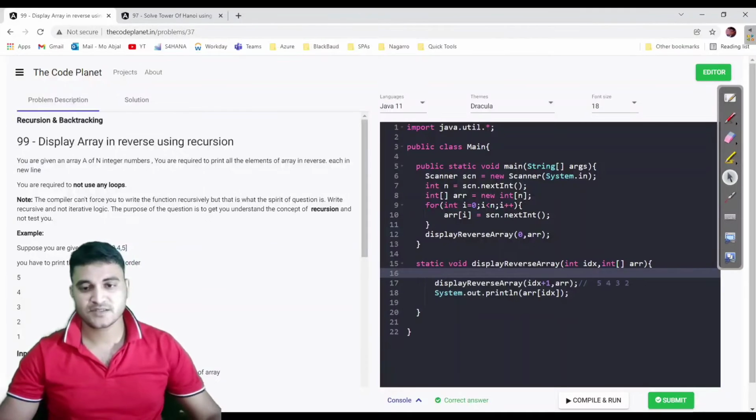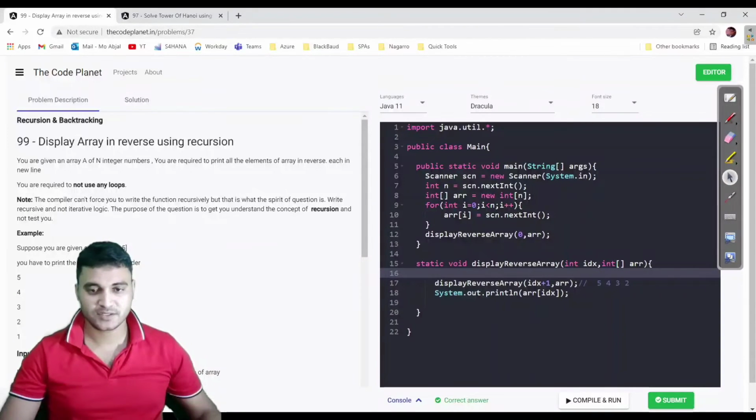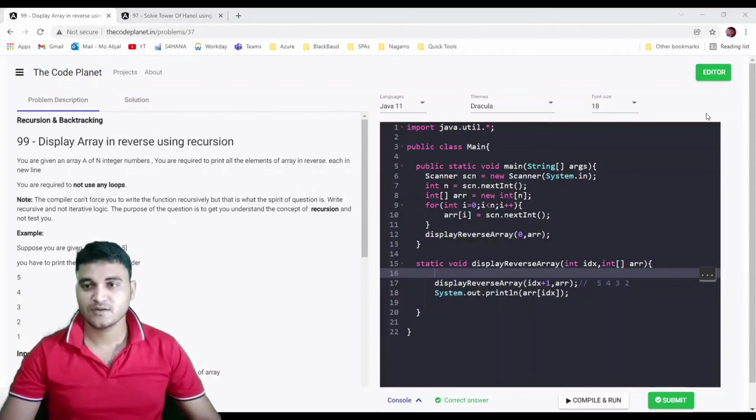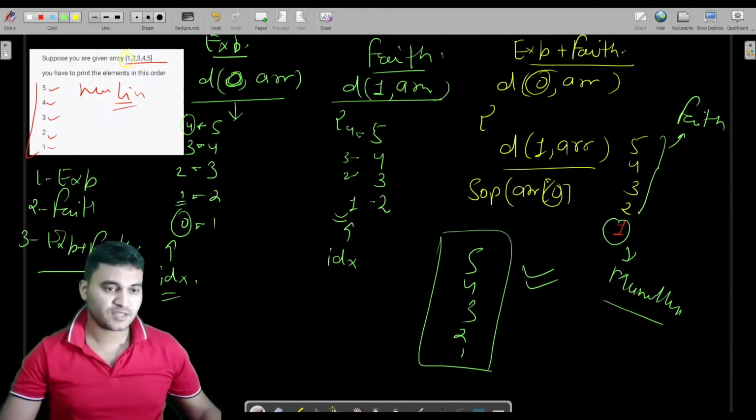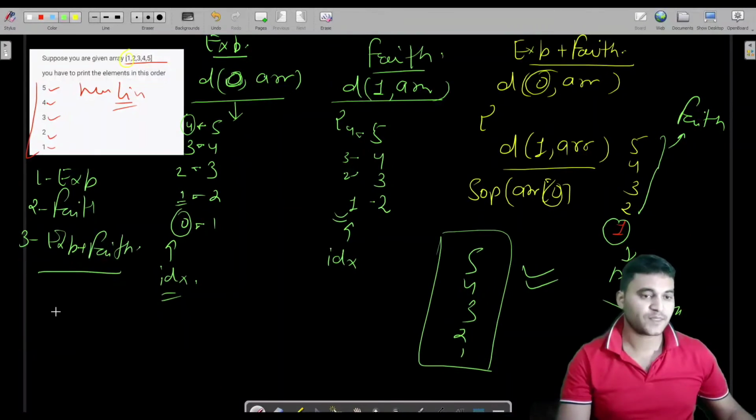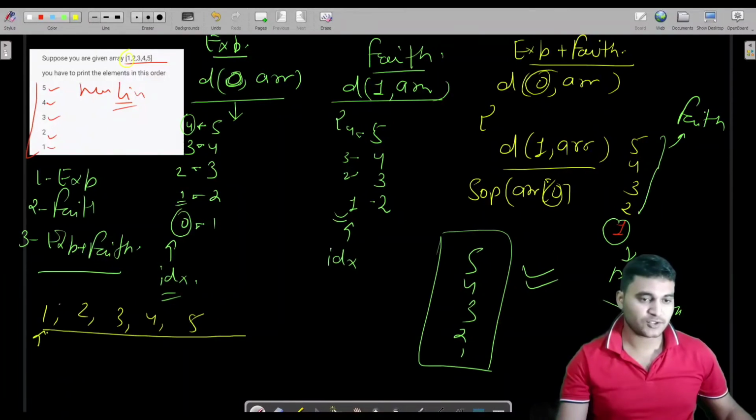Only the base case is remaining. Let us identify the base case. Again, I will use the same approach. If I have this particular array, 1, 2, 3, 4, 5, and I am starting from here, at some point I will have to stop, otherwise I would get an index out of bound exception.